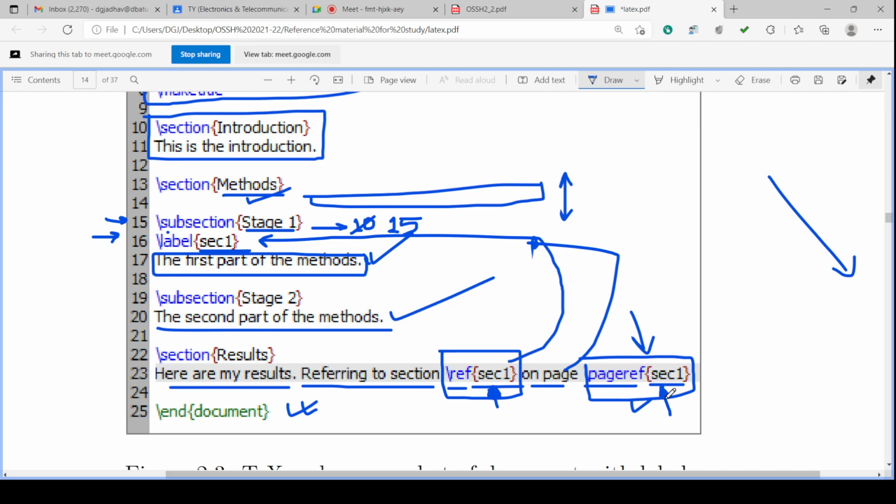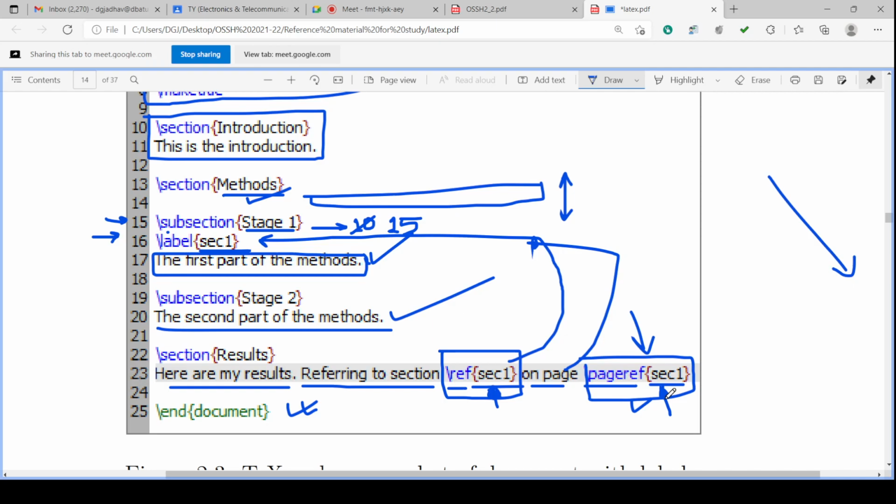For very large, lengthy documents, it is a very useful tool, called referencing. And for referencing we have to create the label.